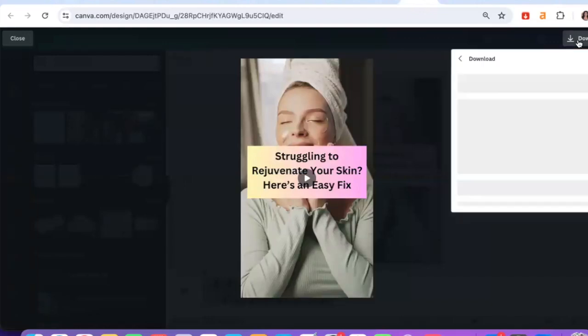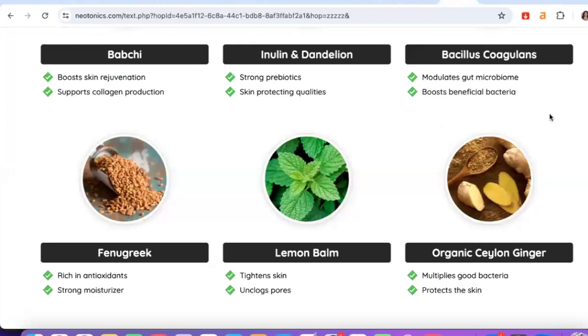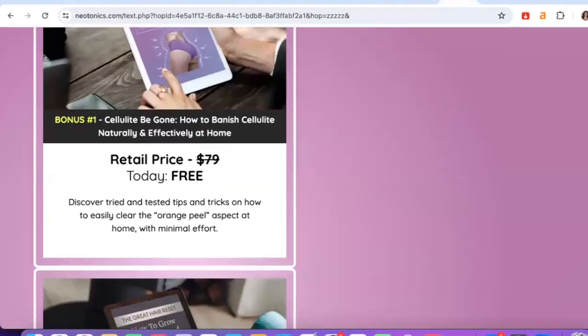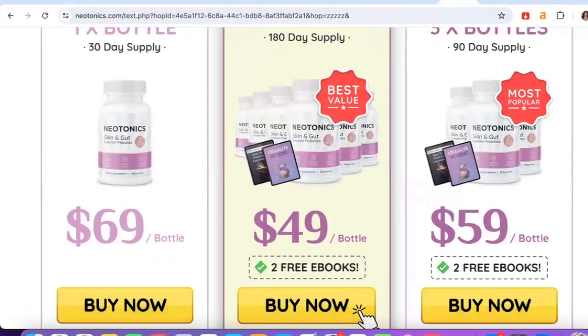And you can just go ahead and download that template as an MP4. You want to download it as a video. And again, like I said, you can share this on your Instagram, TikTok, Facebook, Pinterest, YouTube Shorts, whatever platforms you guys are trying to use to promote your products, recommending products that you don't even own, a product that you don't have in bulk, that you don't stock, that you don't ship, you don't even offer customer service. All you are doing is literally just recommending people to this product, right? And then every time you get a sale, guys, you're going to be getting those recurring commissions. Okay. This is amazing stuff.